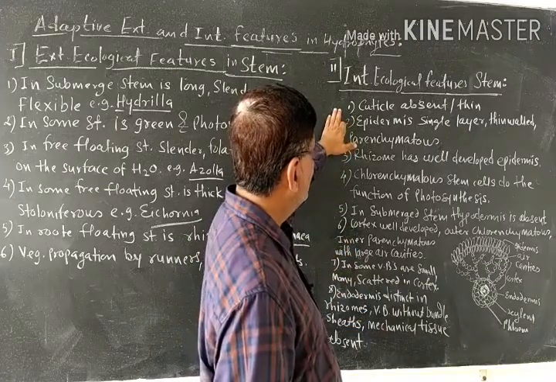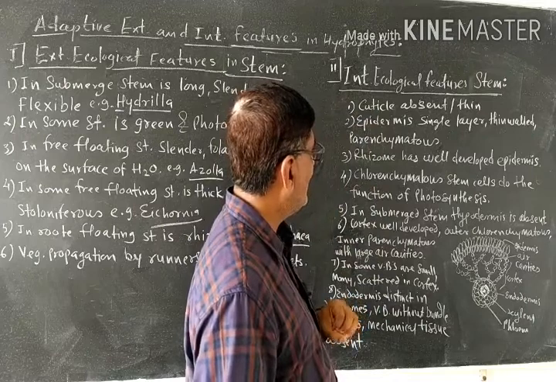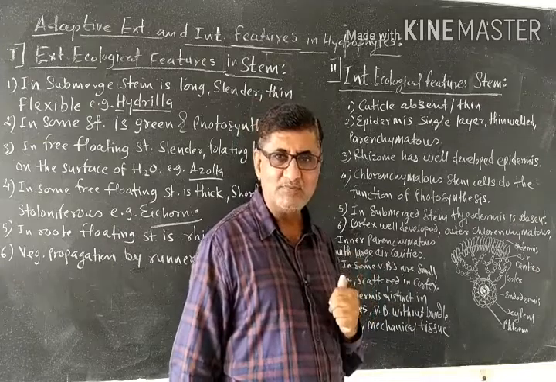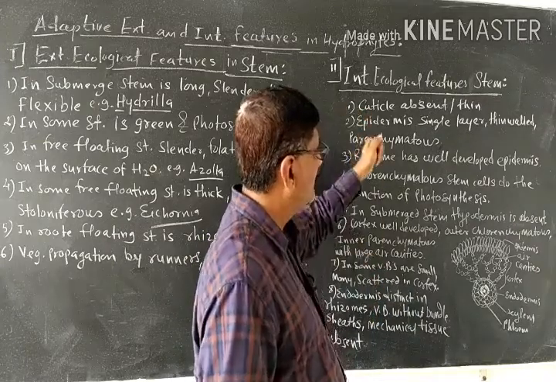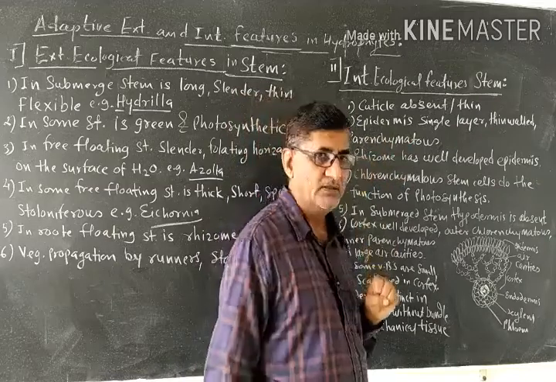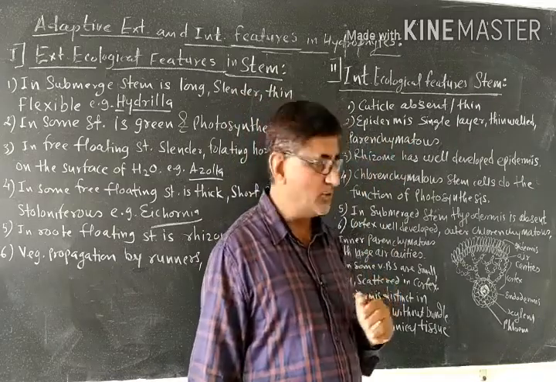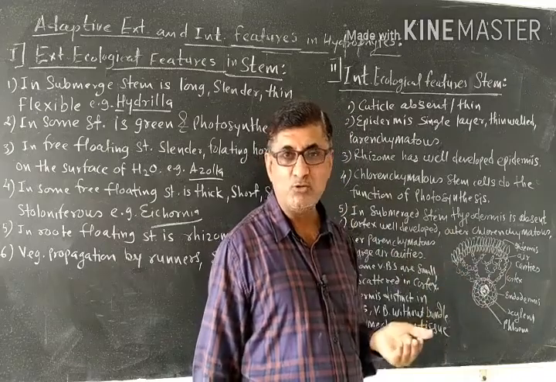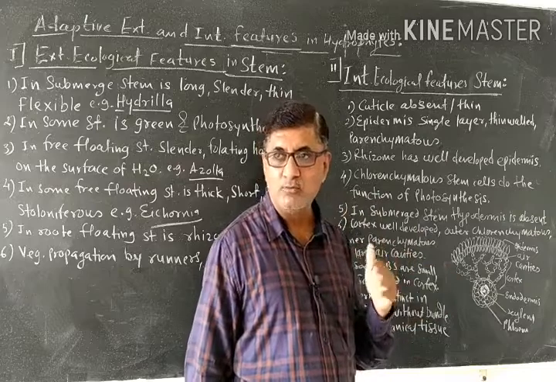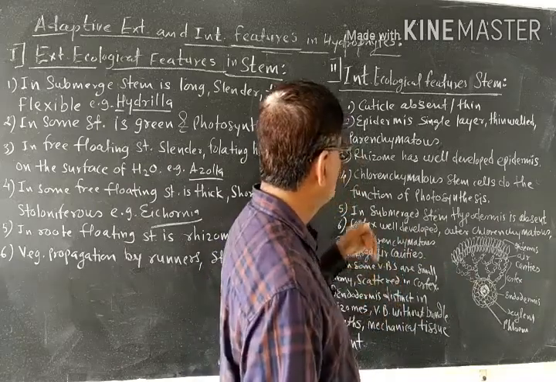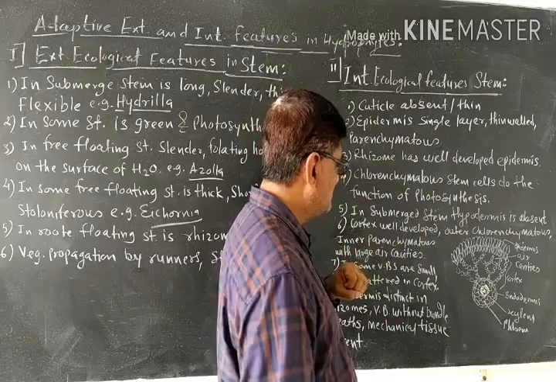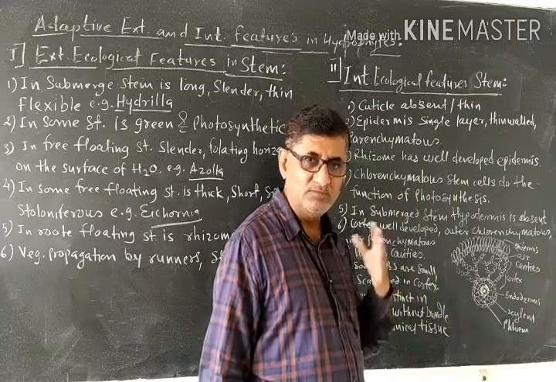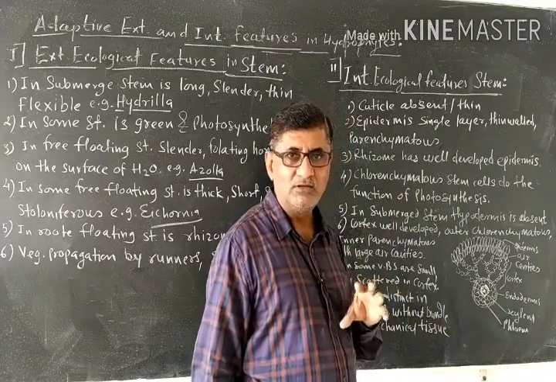For example, the epidermis of a hydrophytic stem is without cuticle. Cuticle is absent in the hydrophytic stem, and if present, it is very thin. Why is such a modification developed? Because without cuticle, the stem can help in the transpiration of water. Excess water can be thrown out from the epidermis cells, so there is no need to check the rate of transpiration. The plenty of water from the body of the plant can be easily thrown out if the cuticle is thin or absent.